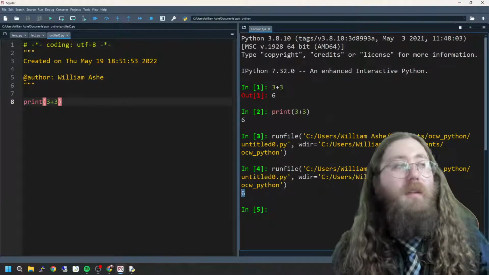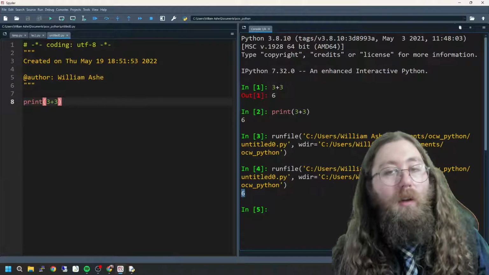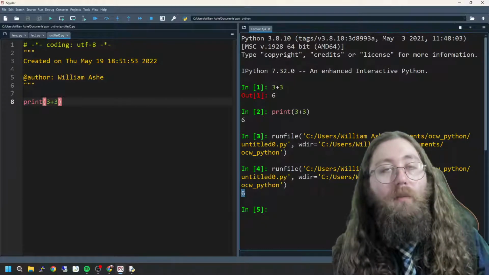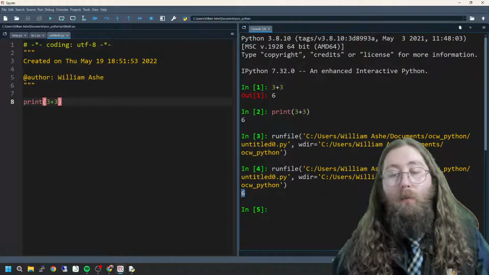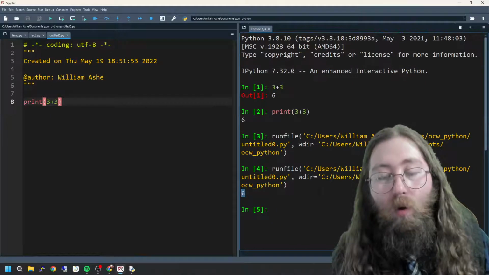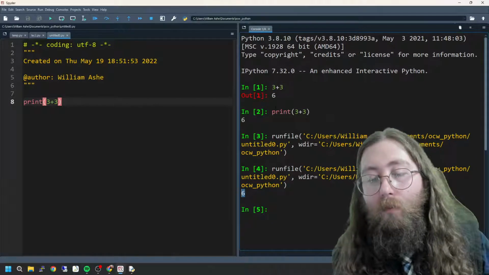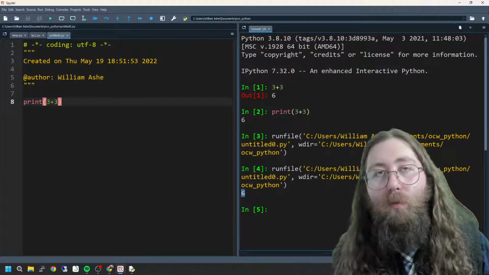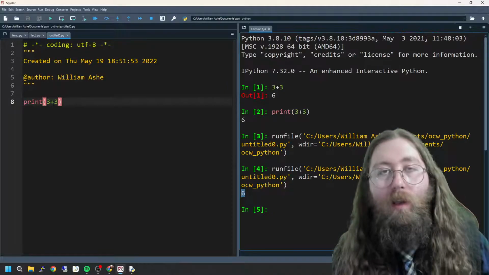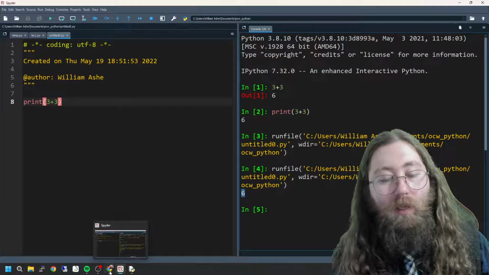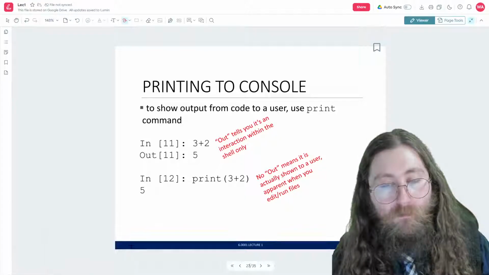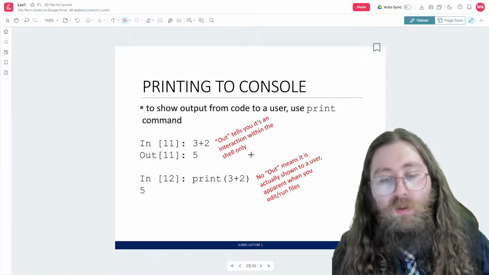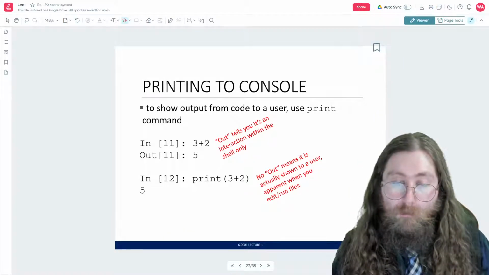So that is a relatively important concept to have down. When you're working in the shell, you might see some output from stuff that you put in, but you're not actually printing to the screen unless you have a function that specifies you're going to be getting output. So that's what they're just telling us here.